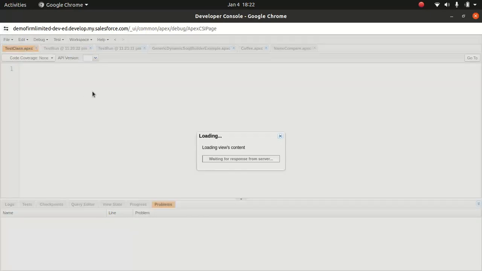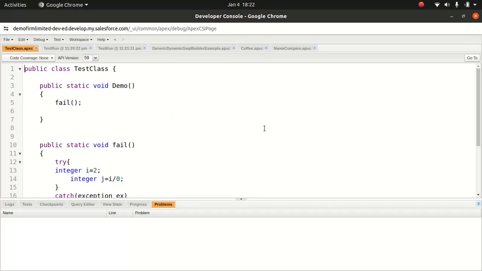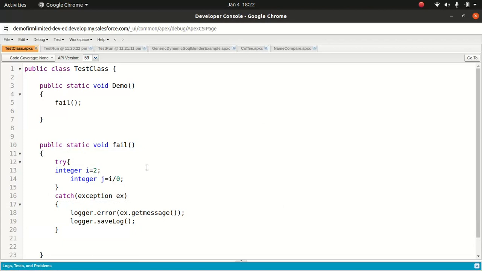Just see the test class. So this is how Apex code looks, yeah? You have try, catch, and finally, everything. And if you're familiar with Java, you might find it pretty similar, right? And a lot of things you can do.